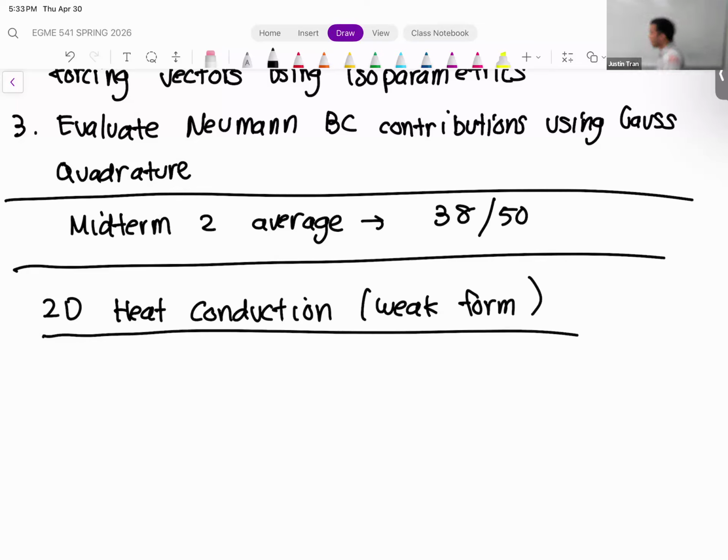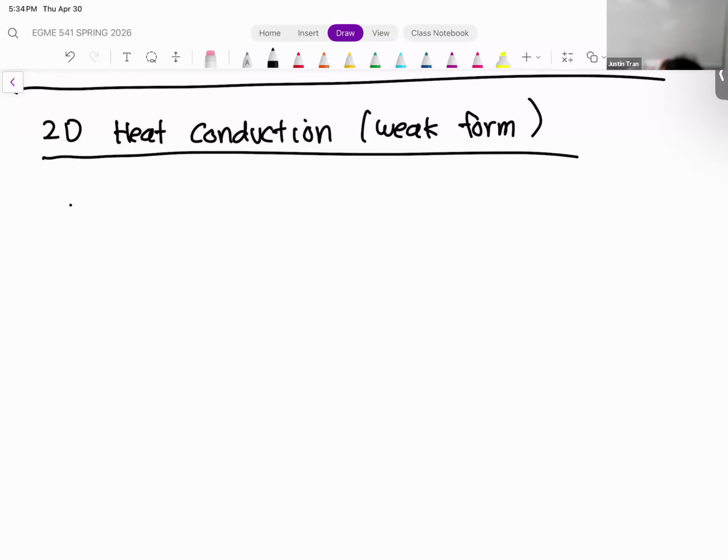All right. So our starting point for our discussion today is going to be the weak form for 2D heat conduction. So we have the double integral of the gradient of your weighting function multiplied by the thermal conductivity multiplied by the gradient of the temperature, dA. That right there is our double integral with balanced derivatives. And so we can see both our weighting function and our temperature function here have first order gradient derivatives. This is equal to